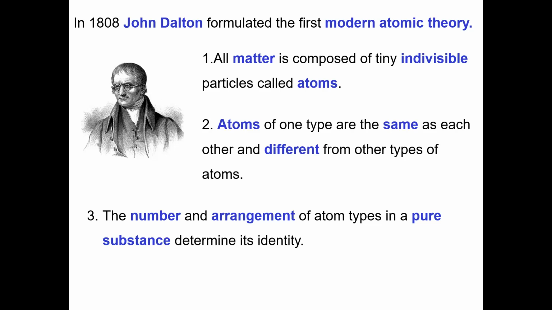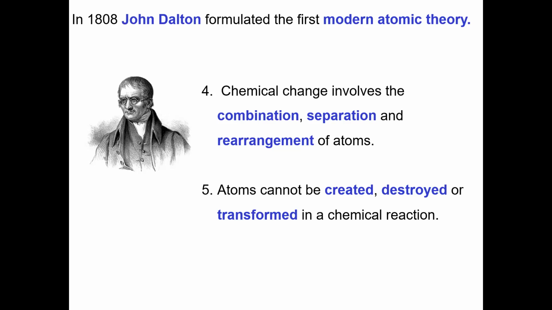So we're saying how many of each atom type and also the ways in which those atoms are connected to one another determines the identity of a pure substance, that is, of a compound or an element. According to Dalton's atomic theory, chemical change involves a rearrangement in the way that atoms are connected to one another, that is, how they're joined to one another, or perhaps they are separated from one another, but there's some kind of rearrangement in the way that the atoms are